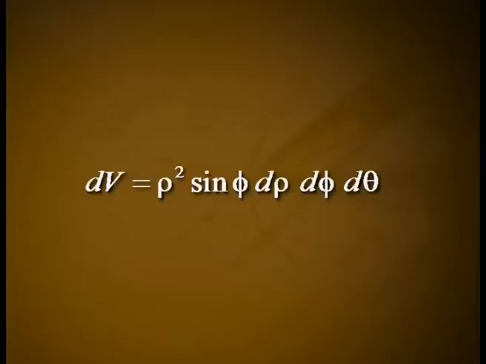The wedge is approximately a rectangular box with one side a circular arc of length rho d phi, another side a circular arc of length rho sin phi d theta, and thickness d rho. Therefore, the volume element in spherical coordinates is dV equals rho squared sin phi d rho d phi d theta,